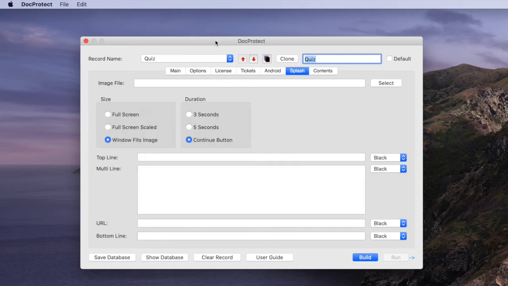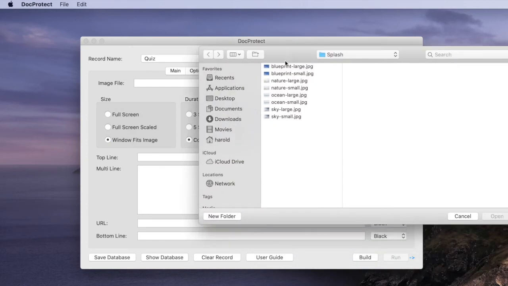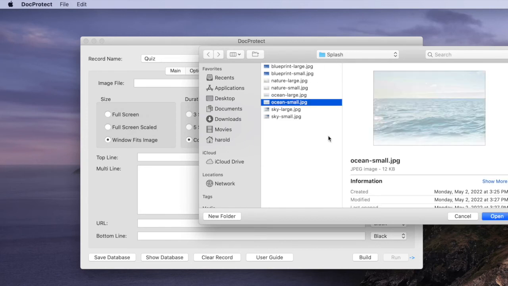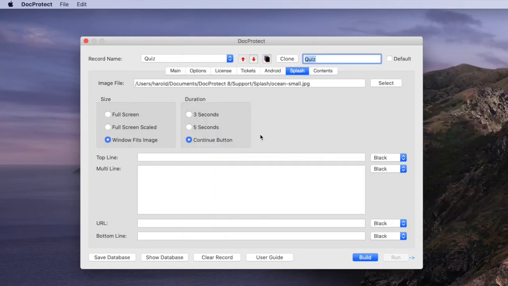Some developers like to brand their application with a splash screen, and DocProtect makes that very easy to do. You're just going to pick an image, and if we navigate over to our splash screen folder, we have a bunch of predefined images here. So we'll just pick an image that we want to use, and then we can pick some of the characteristics of our splash screen, whether it's centered on the window, expanded full screen on the user screen, how many seconds